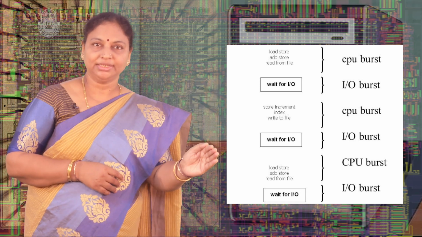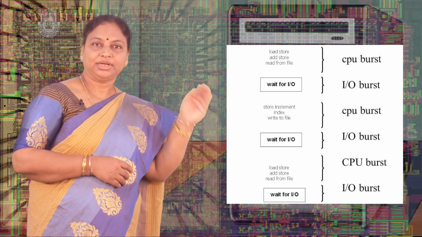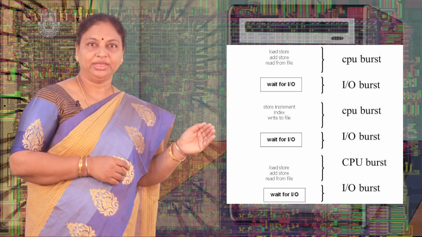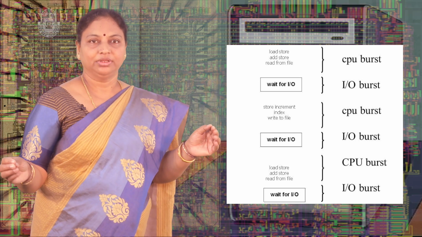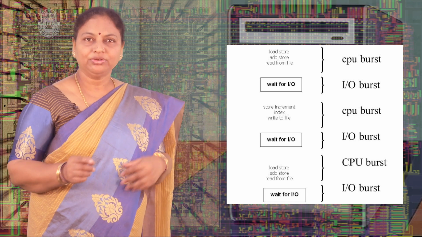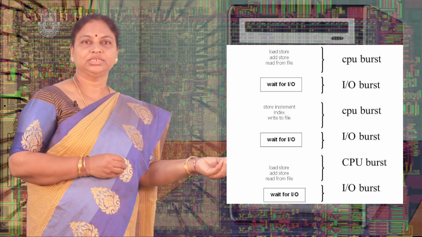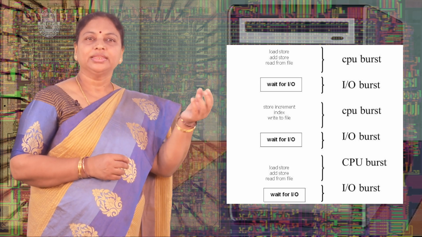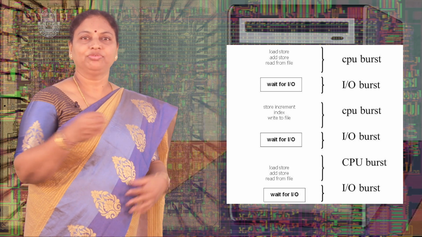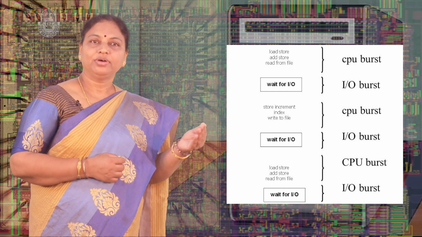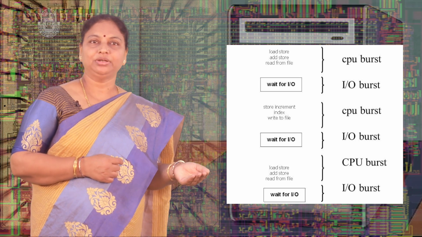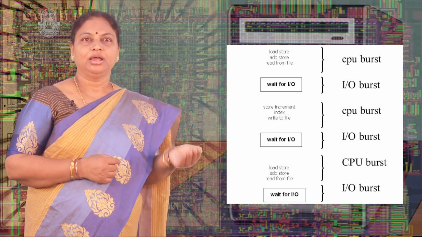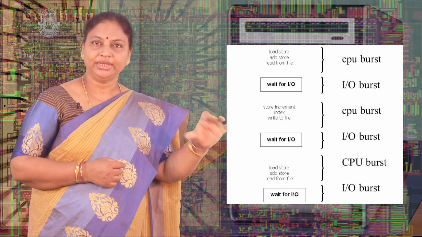So when a process enters the ready queue, its process control block, that is PCB, is linked onto the tail of the queue. When the CPU is free, it is allocated to the process at the head of the queue. The running process is then removed from the queue. The code for first come first serve scheduling is simple to write and understand. But the average waiting time is long. So in order to illustrate the first come first serve CPU scheduling algorithm,